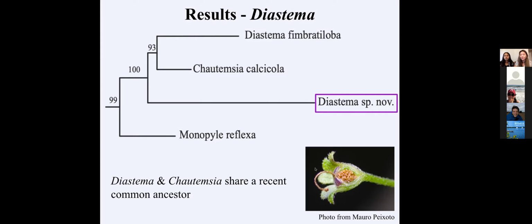And the bottom left photo shows a picture of the Chatemsia fruit. Monophyly reflexa is also here in this subset, which would make monophyly polyphyletic, meaning to be in multiple areas of the tree. But the species doesn't fit well with the concept of monophyly. Monophyly reflexa was simply put into monophyly because there was no other place for the taxon at the time. So we can still say monophyly is monophyletic.